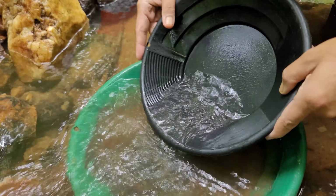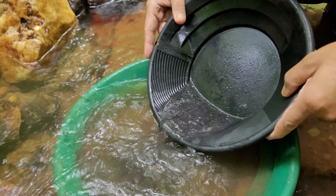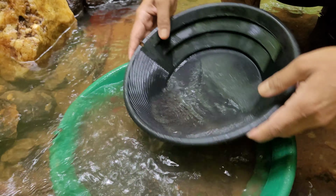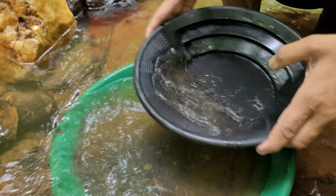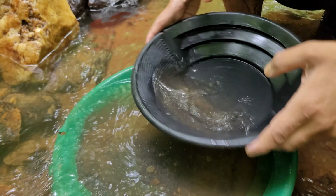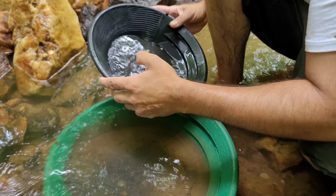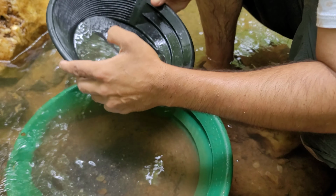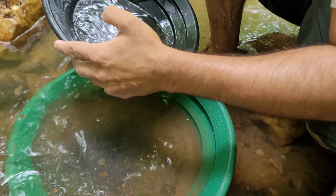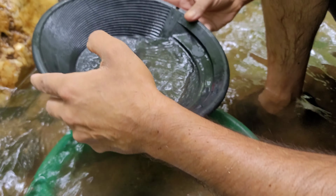Teaching me some things. I stole his pan out of his hand so I could pan his concentrates for him, because I just wanted to see real quick. But obviously, it's going to take you a long time to pan through all this. But we're just going to take a quick look. I mean, look how much black sand's in there. I would highly recommend classifying your concentrates out before you...